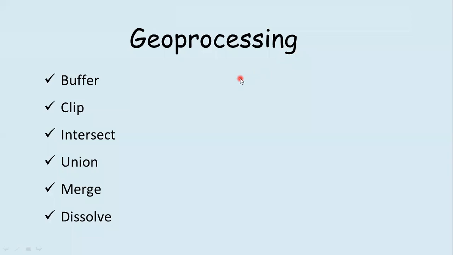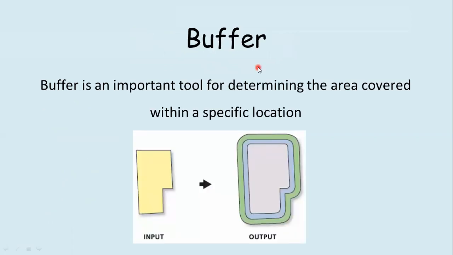In the geoprocessing tool, there are some tools, namely buffer, clip, intersect, union, merge, and dissolve. The buffer is an important tool for determining the area covered within a specific location. It creates a buffer around a map feature. It may be one buffer or maybe some layers in the buffer which is put in the command